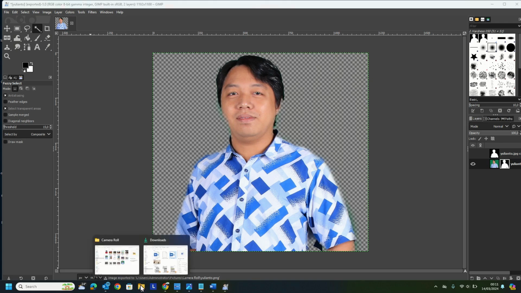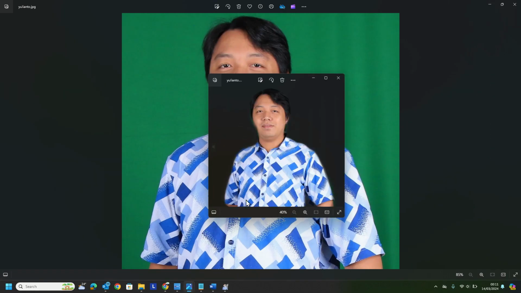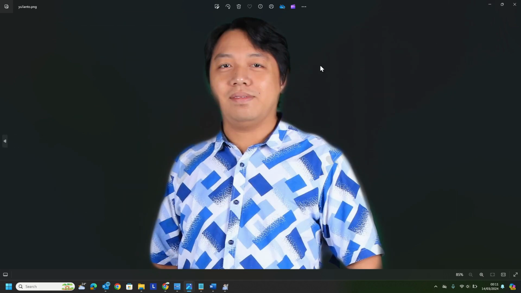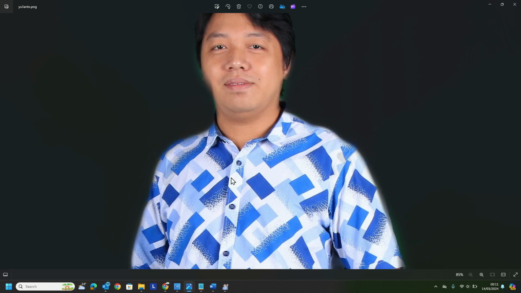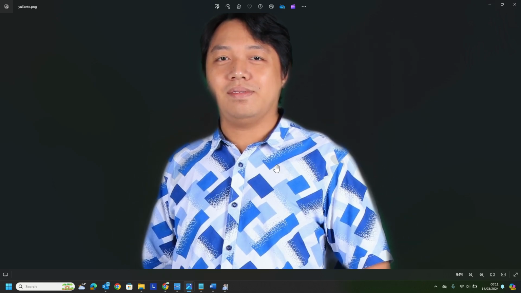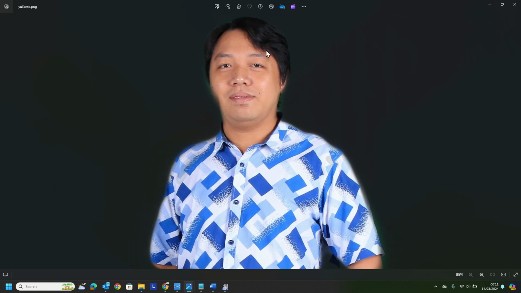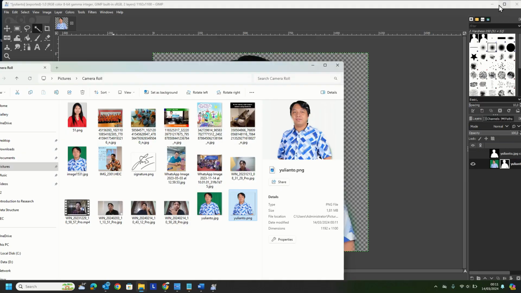Okay, let me see the result. This is the result of removing your background. Not bad, but maybe we need to do more. We need to remove again the green area, this area. Thank you, everyone.